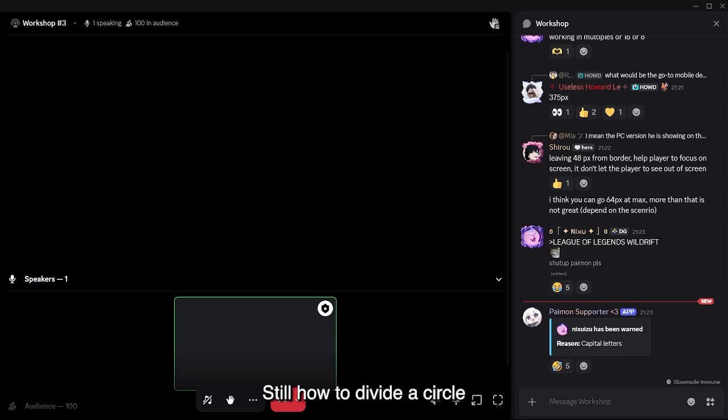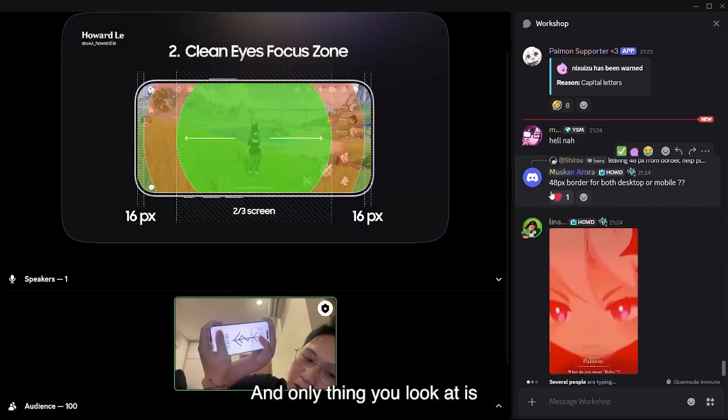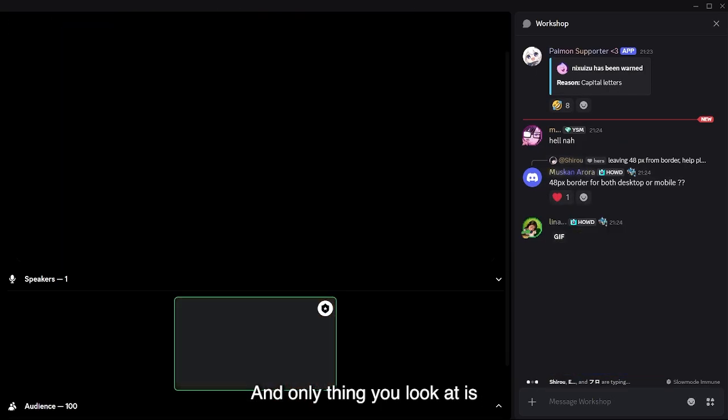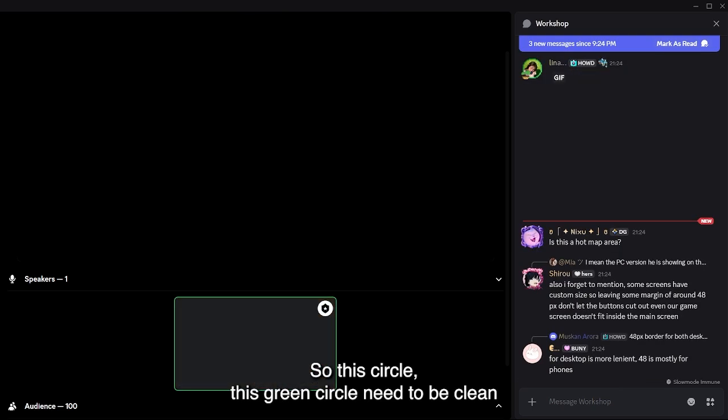Okay, so how do we define this circle? It's very easy. It's two-thirds of the screen. Imagine that you are playing a mobile game and the two sides are for your thumbs. The only thing you look at is two-thirds of the screen. It's very easy. So this green circle needs to be clean enough